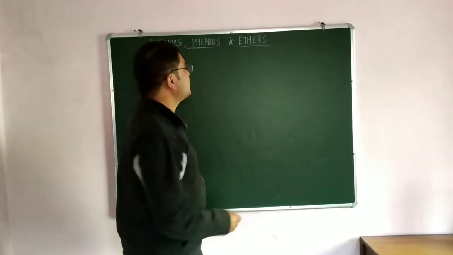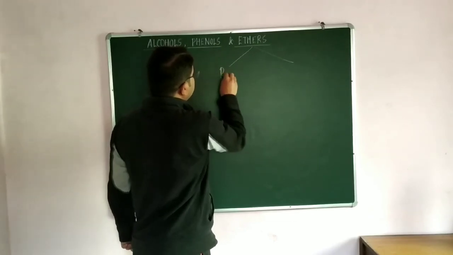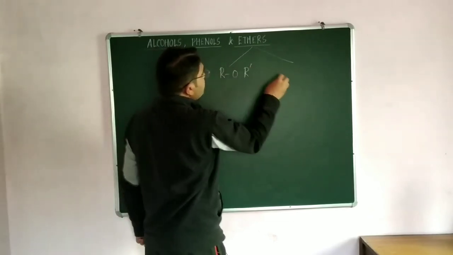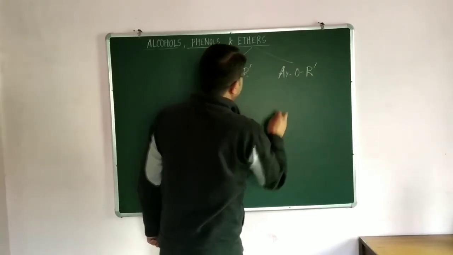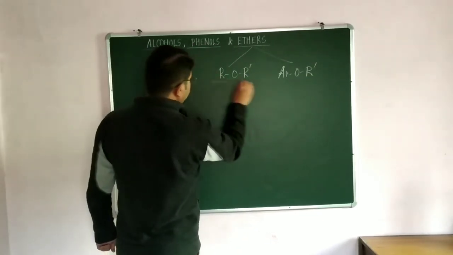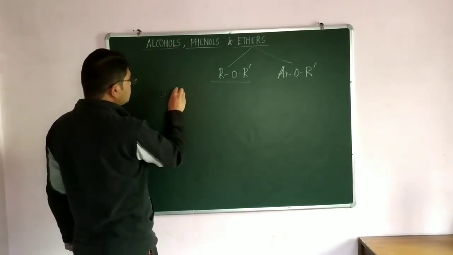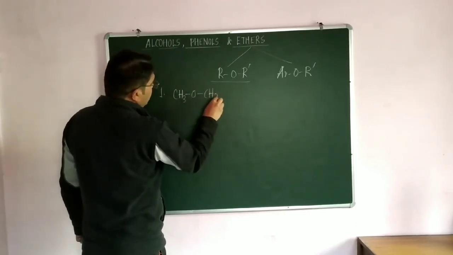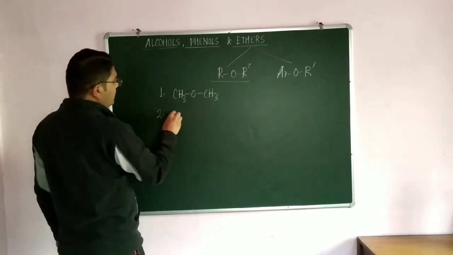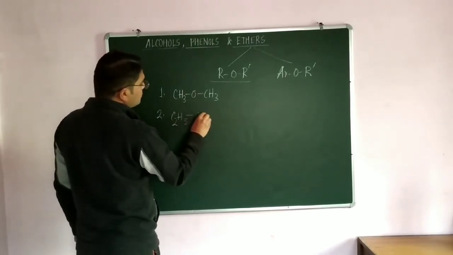Now the next is ether. Ethers are of two types. One is aliphatic ether, ROR', and second is aromatic ether. The formula for aliphatic ether is ROR', and if we derive the first member, then R is replaced by an alkyl group and this compound is formed, and if we change the alkyl part, then it is C2H5OCH3.